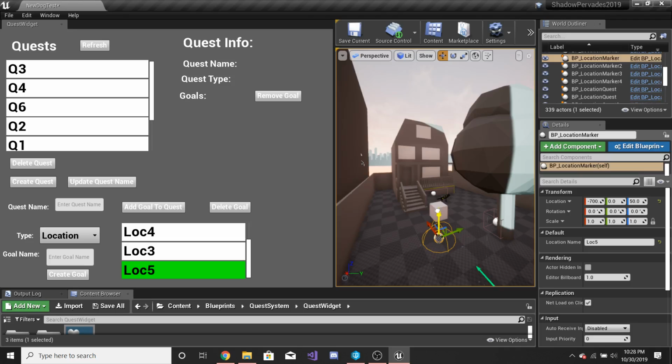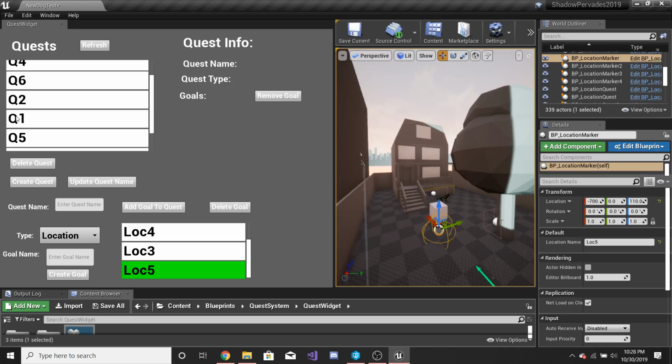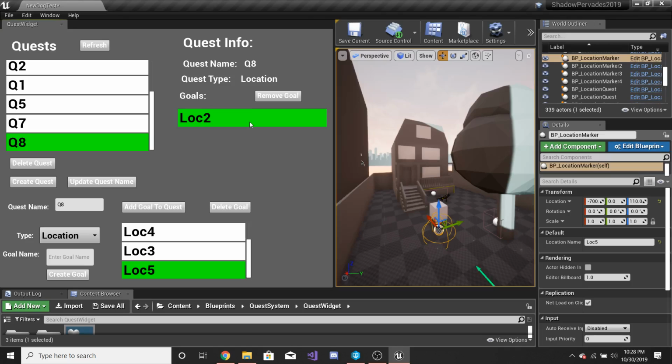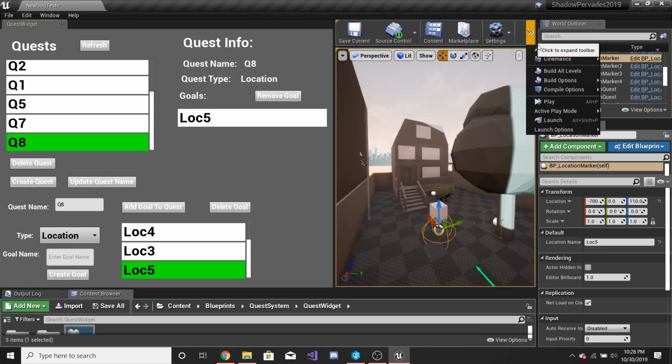So we put location 5 here. Now let's say we wanted our quest that we created, quest 8, to have it. So click on location 2, remove it. We want location 5, we add the goal, and then now if we could go in and play,